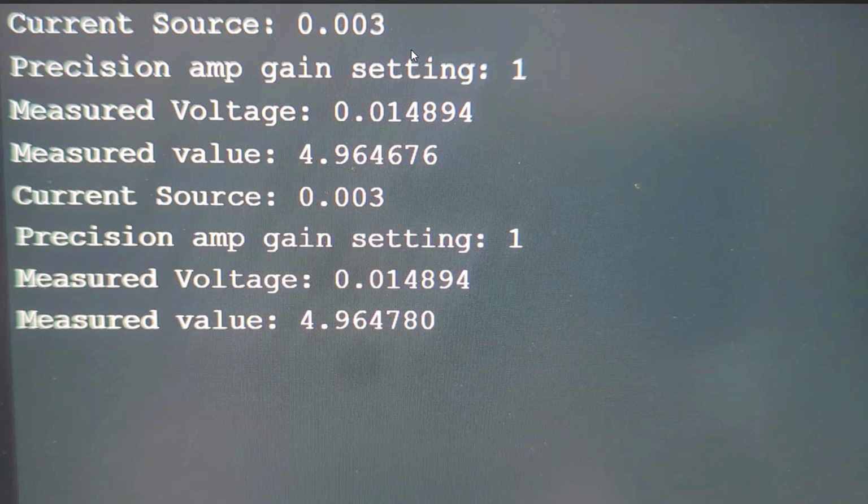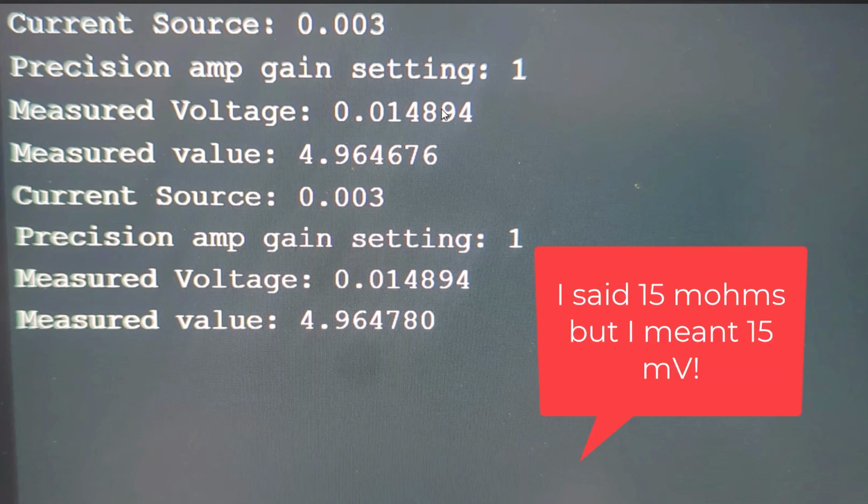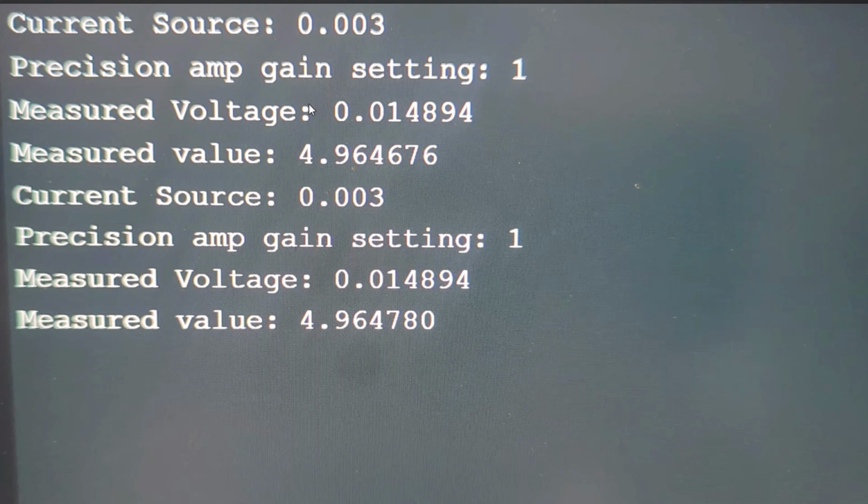My current source is set to 3 milliamps. So that's what my current source is set to. And then the voltage measurement I'm getting is about 15 millivolts, which is what we would expect for a nominal value of 5 ohms, right? So 15 millivolts would be a perfect 5 ohms, but of course our resistance isn't perfect, so we're getting something close